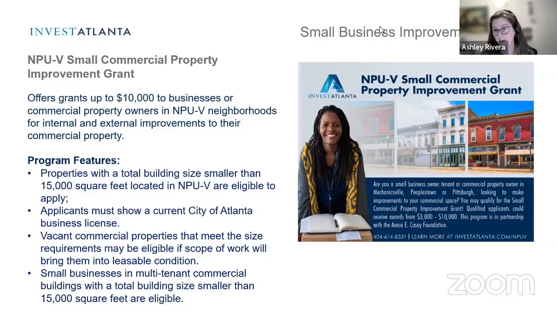So NPU V, the small commercial grant, is obviously targeting that NPU. So any business in the Mechanicsville, Peoplestown, or Pittsburgh neighborhoods are eligible to apply. And that information is available on our website, and our contact information will be at the end of the slide. So if we have any folks from NPU V or who know small businesses or small commercial property owners that are there, please feel free to share that information with them. We anticipate this program will be open through the summer, potentially into the fall, depending on how long it takes us to expend the program